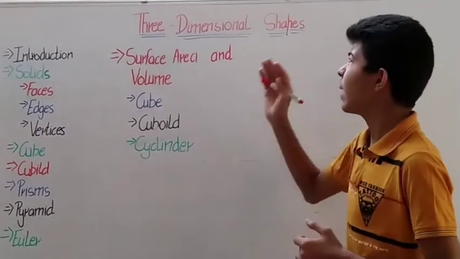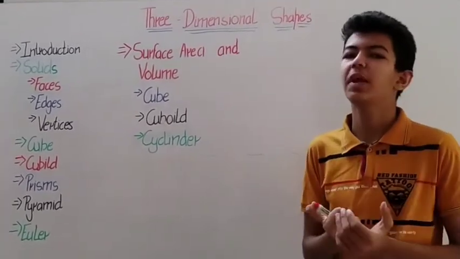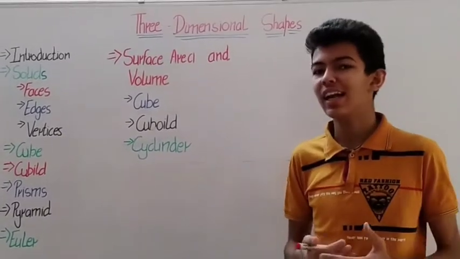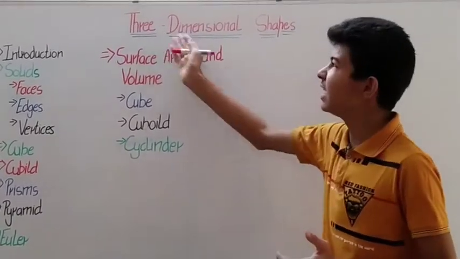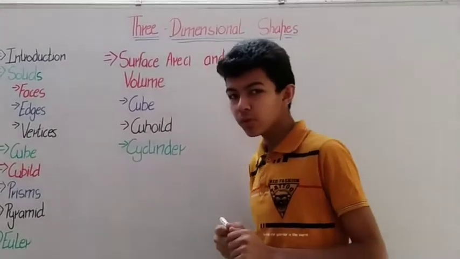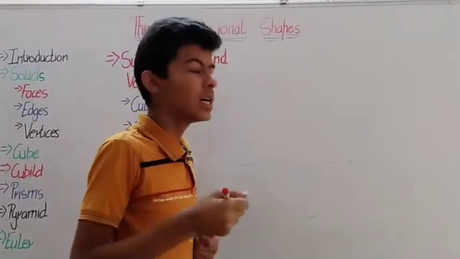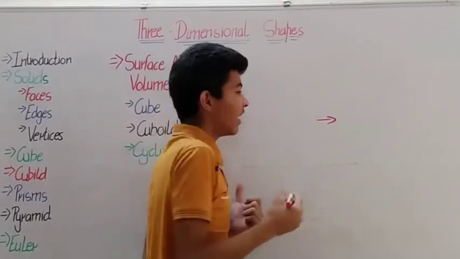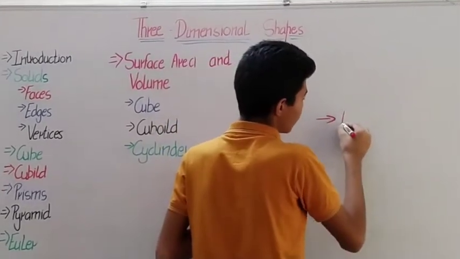So first, we know about the shapes. There are many kinds of shapes, just like circle, square, rectangle, triangle, pentagon, hexagon, etc. So what is 3D? That is three-dimensional. So we know that for anything we can see or feel, it must have